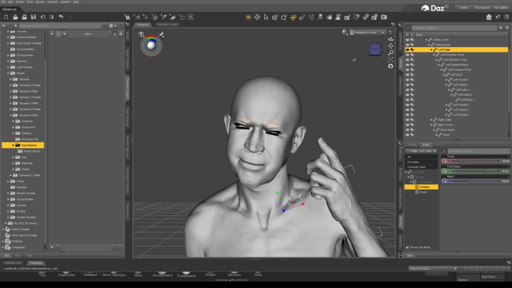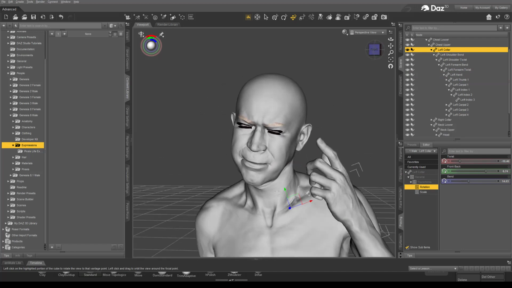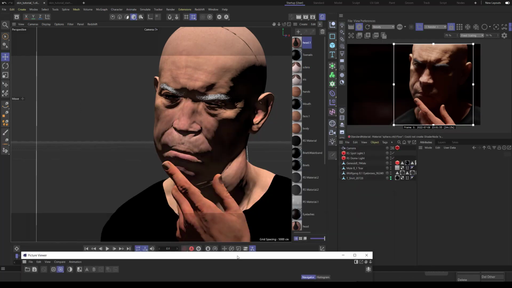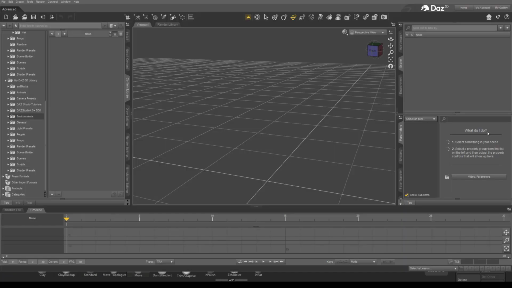So that's the cool part. And then I'm going to show you how to bring it into Cinema 4D and render it with Redshift. So first of all, you want to start with your standard